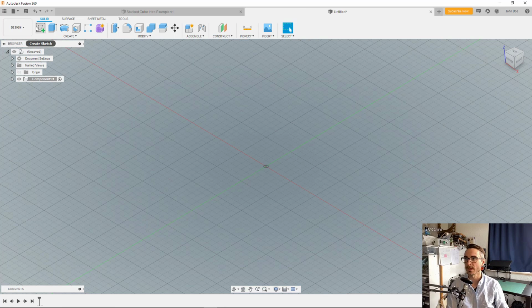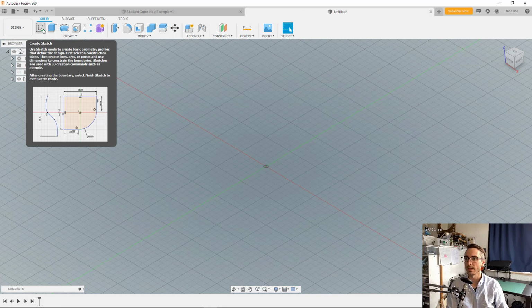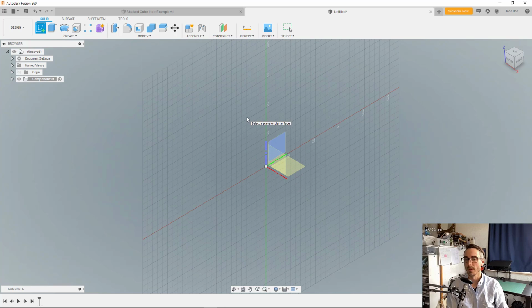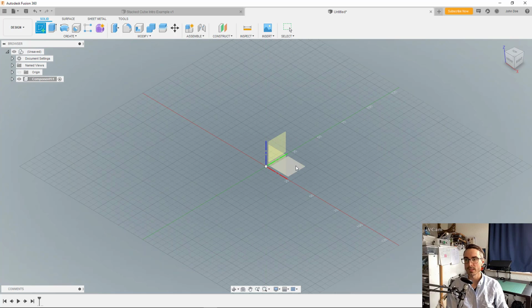So the sketch tool is up here in the menu bar left-hand side, and the first thing you need to do is to select what plane you want to sketch on. If you're ever unsure what the tool is asking you to do, if you stop moving your mouse like I just did, you'll see that it gives you a little text indication of what you should do next. I'm going to select this one back here, which is the XY plane,